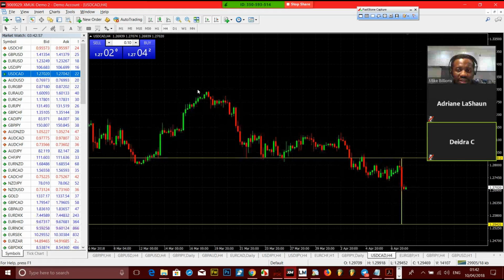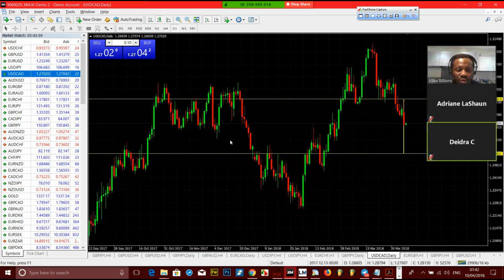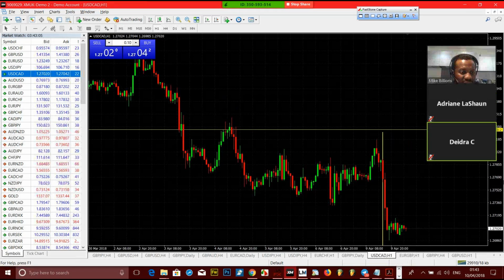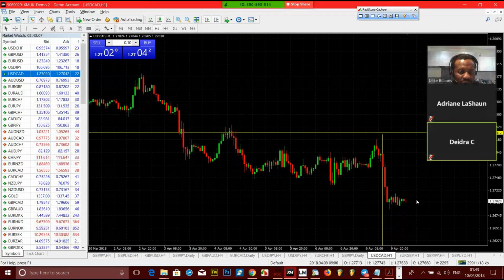But yeah, I'm still in this trade. I'm waiting for this to give me another pullback so I can jump in. Okay, it's given a good pullback at this point. So I'm going to get in on this one when it breaks out. At the moment, this is where we're at. This is what I would do if I'm going to enter this trade.